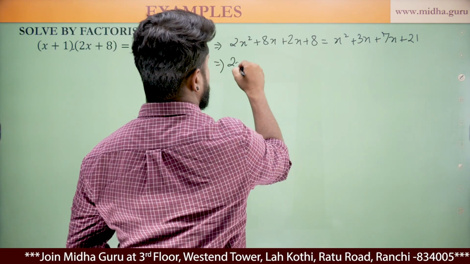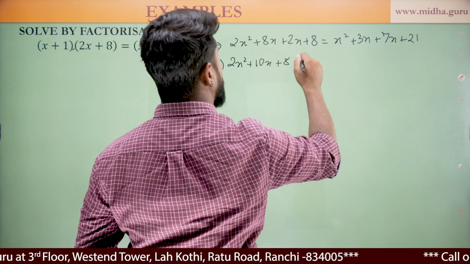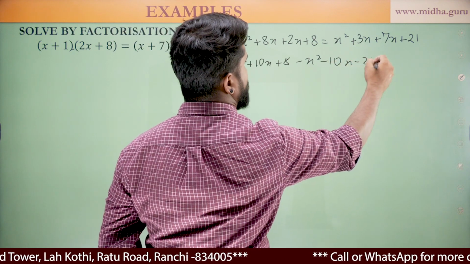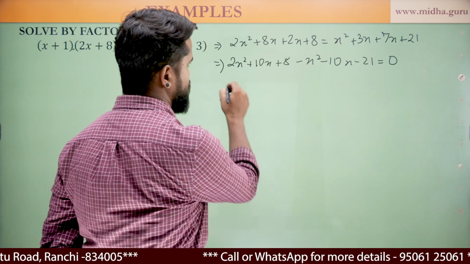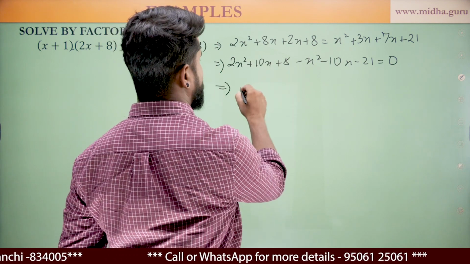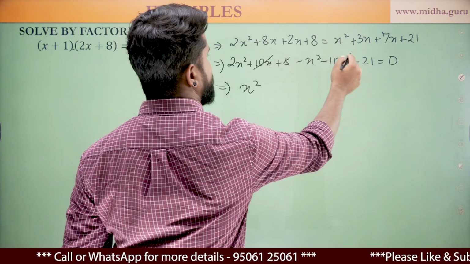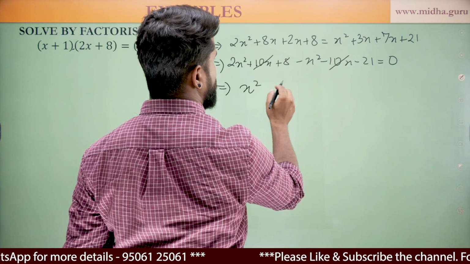So I get 2x squared plus 10x plus 8 on this side, and when I bring all the terms to this side, I get x squared minus 10x minus 21 is equal to 0. Look what happens. I subtract it, get x squared, and the 10x gets cancelled in itself, and 8 minus 21 will be equal to,